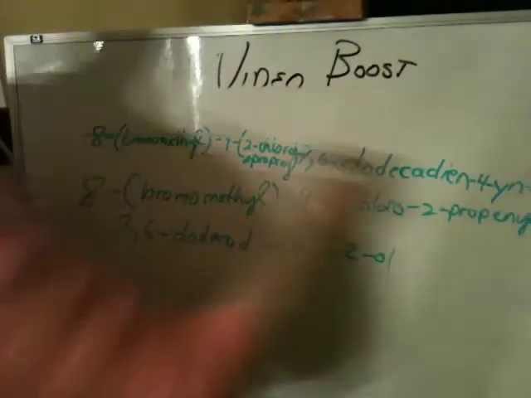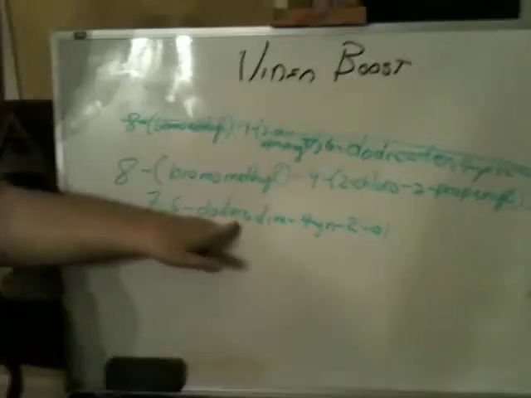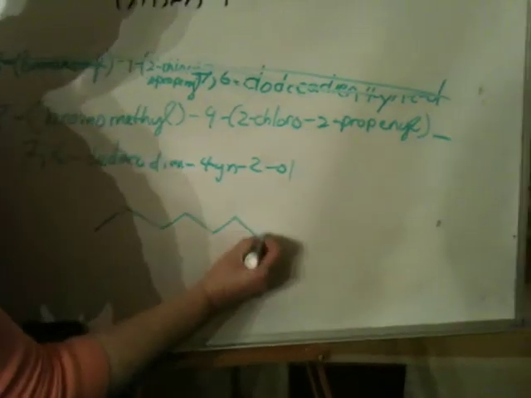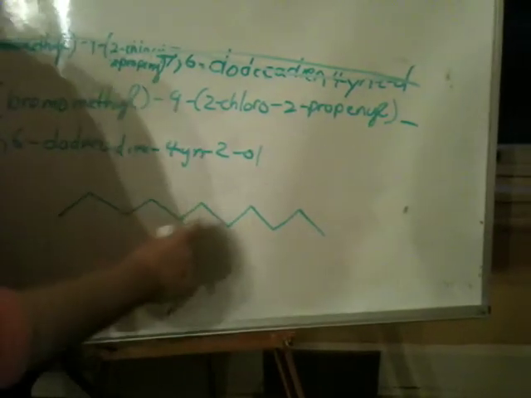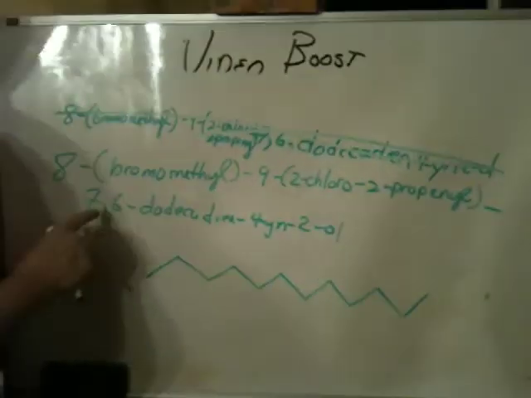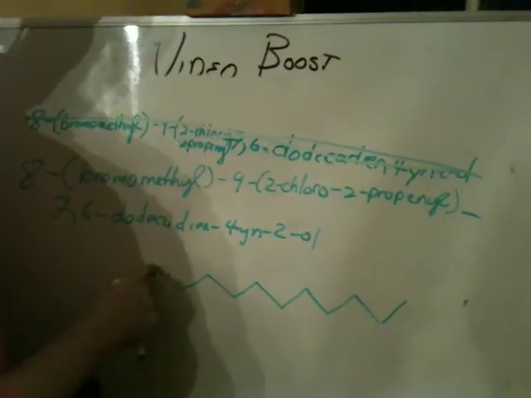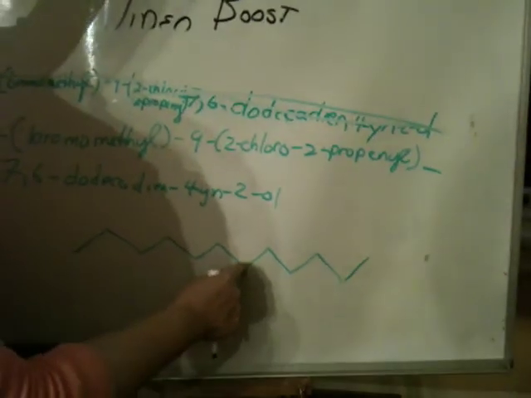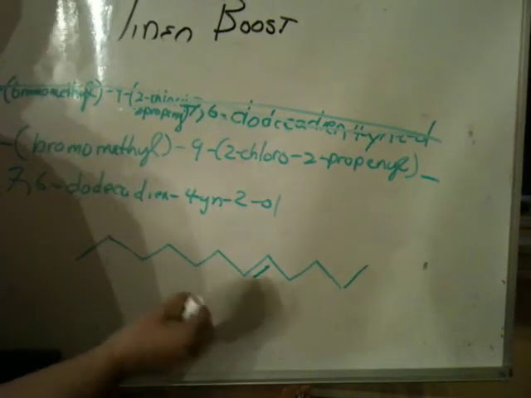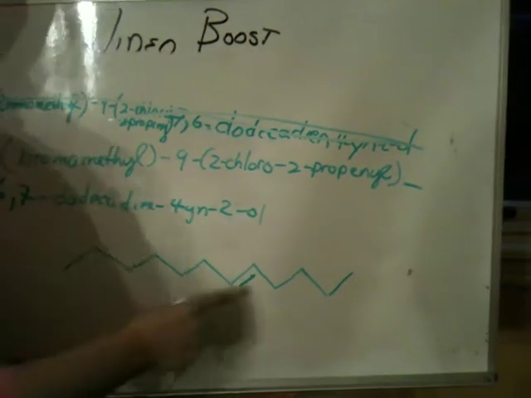So how do you do this? What you do is you start with this. Okay. So I start with that. Really, I want to put 12 carbons. So I'm going to put 12 carbons. I'm just going to zigzag them along so we can do this pretty quickly here. Okay, 12. All right. Now it says it's a 7, 6 dodecadiene. So if this is 1, 2, 3, 4, 5, 6, 7, it says in this position. That's kind of weird. I guess I should have said 6, 7 here, so I'll criticize that right now. But in this position,